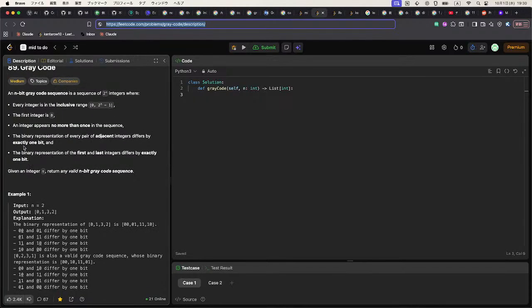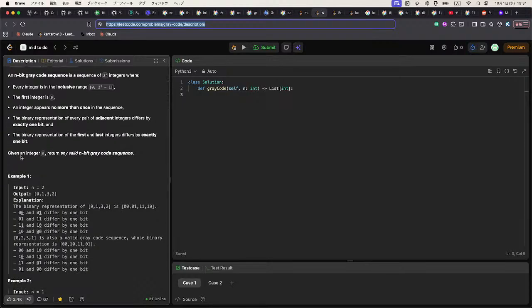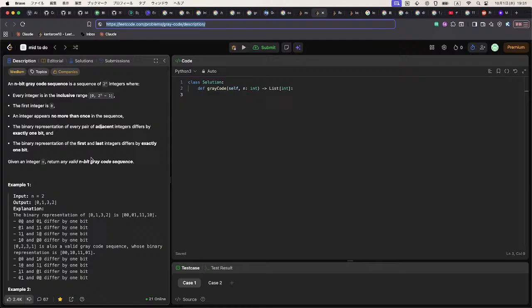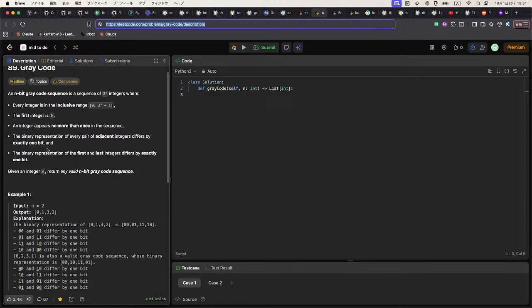The binary representation of every pair of adjacent integers differs by exactly 1 bit. And the binary representation of the first and the last integers differs by exactly 1 bit. Given an integer n, return any valid n-bit gray code sequence. Okay, so this is the